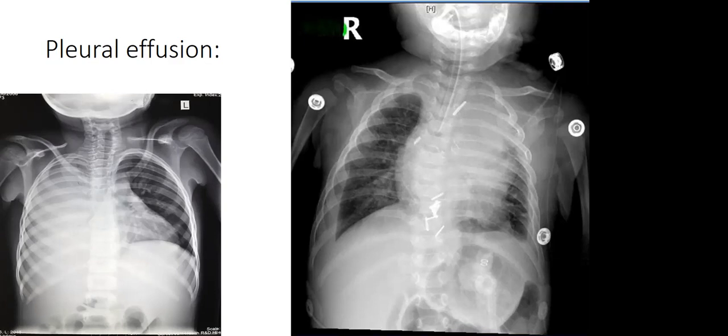What about the left lung? Anything there? Yes, you don't see the tissues clearly. Good. So there's a little bit of an effusion at the base of the left lung, but really the left upper lobe, you could say that could either be a complete collapse, or it could also be quite a large effusion as well there.